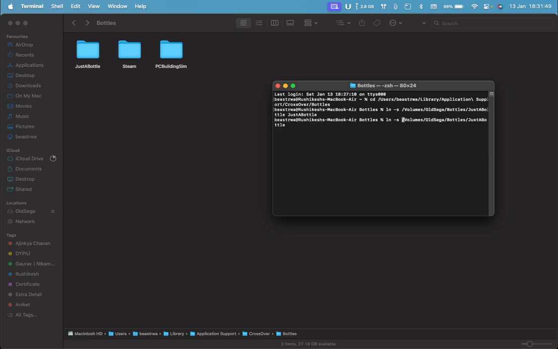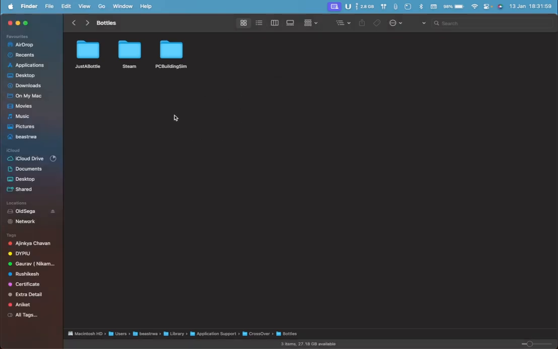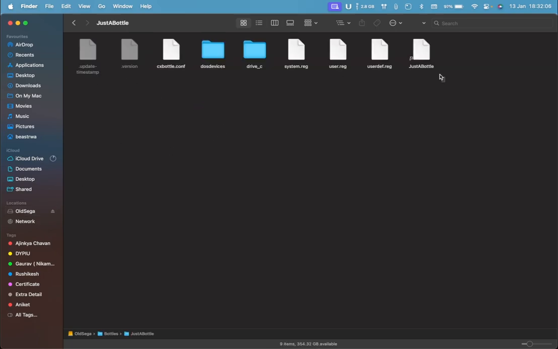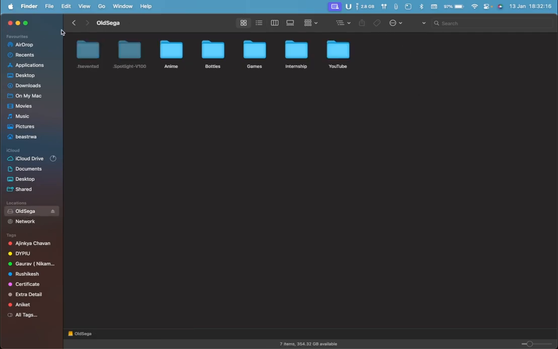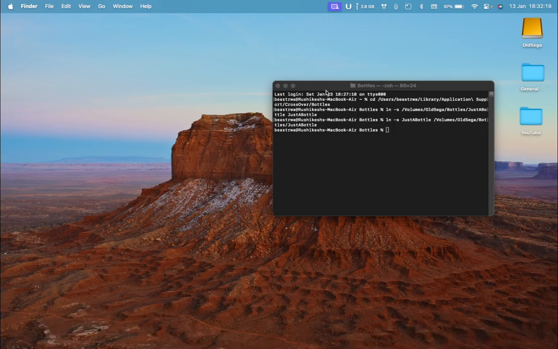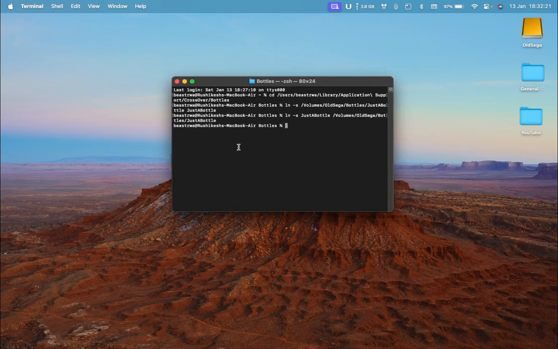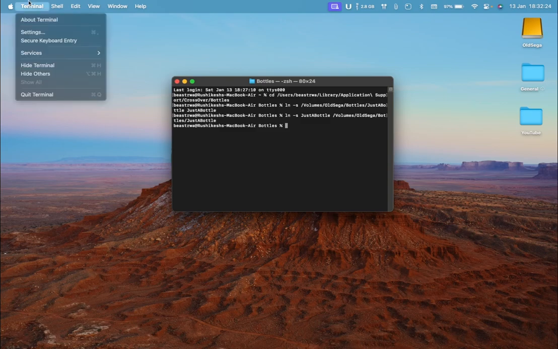This is just a precaution method, just a bottle, to make sure the connection is done. Now, if you come to your SSD, HDD, then you will find another folder with the same name as your bottle, like just a bottle. Now the link has been connected. The link has been made. So you can now close the terminal